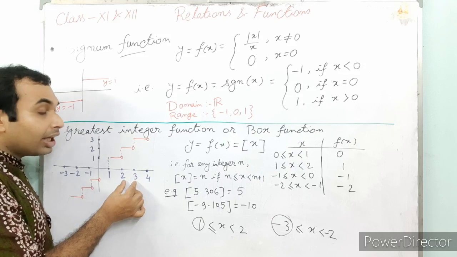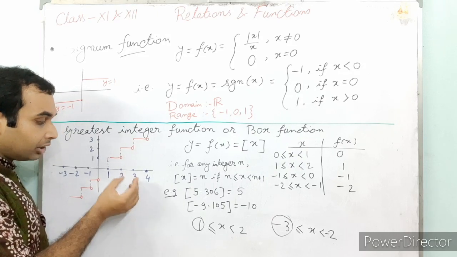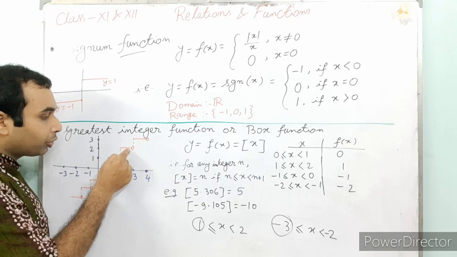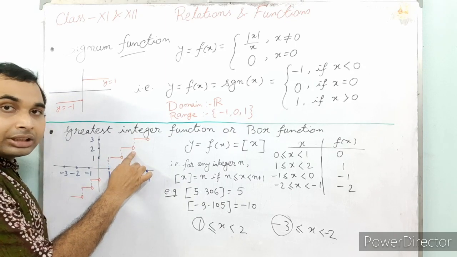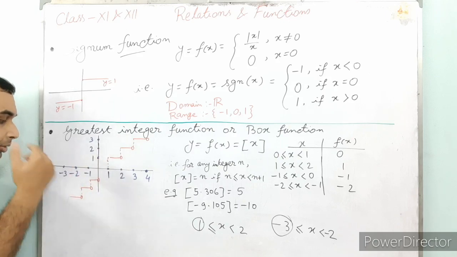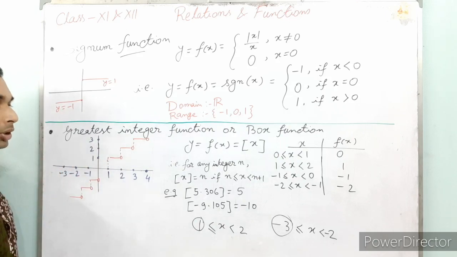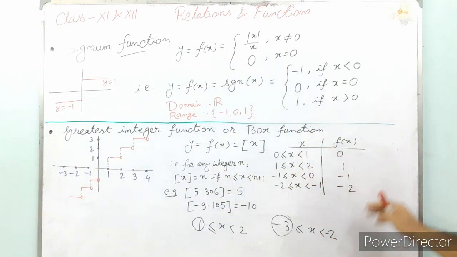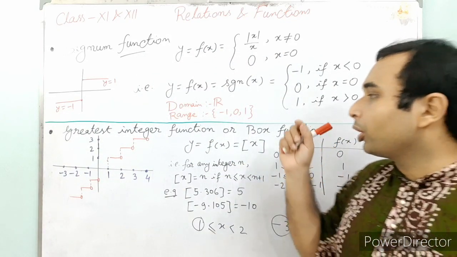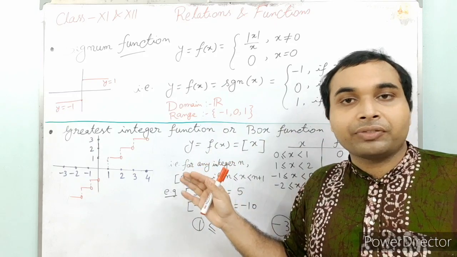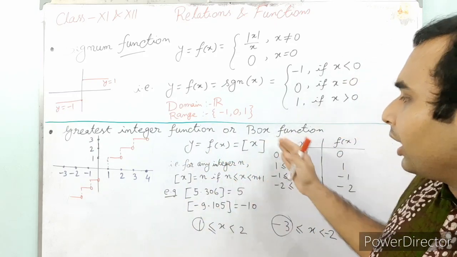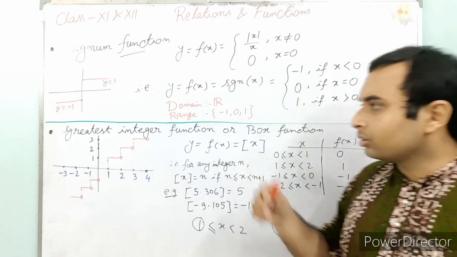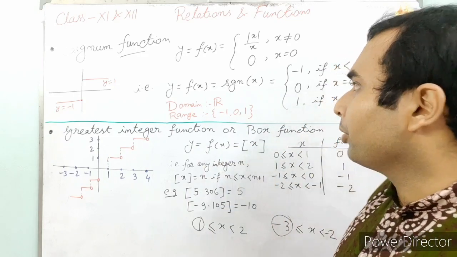Again, for each and every real number in between 2 and 3, it will take the value of 2 but not of 3. It will not touch 3, and the same thing holds for the negative numbers. Here I have also given one chart for showing. It is a very important function, the greatest integer function, and for the least integer function the just opposite part will be there. You can Google it and learn.